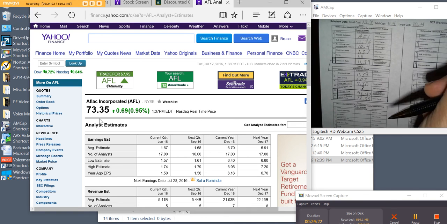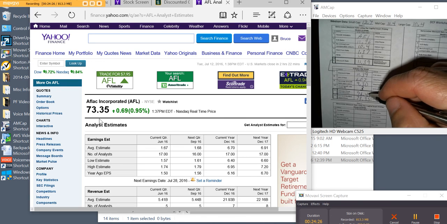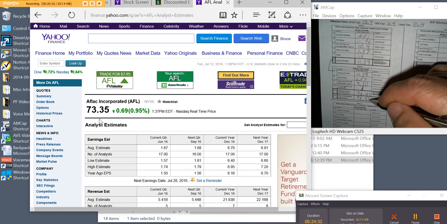So in essence, what we're saying is we think the shares of Aflac are worth $96, but they're currently trading at $73.35. So if we think it's worth $96, but we can buy it for $73, you would ask yourself, do you buy it? And the answer hopefully is yes,